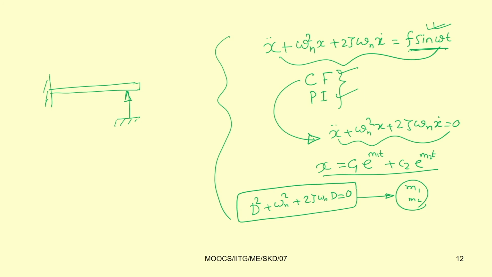This forcing may be a constant force, or you can give a periodic force also. In case of a periodic force, the force may be f sin omega t, or you can give a combination of forces also. For example, let you give a force of f1 sin omega 1 t plus f2 sin omega 2 t. So, for example, in the case of a spring mass system, already you know, if